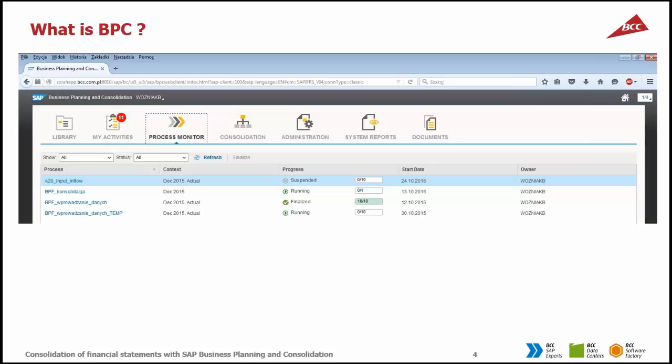And we also have a consolidation monitor. This is a tool for, for example, finance director who can decide, for example, to convert currencies or to calculate the final consolidation.